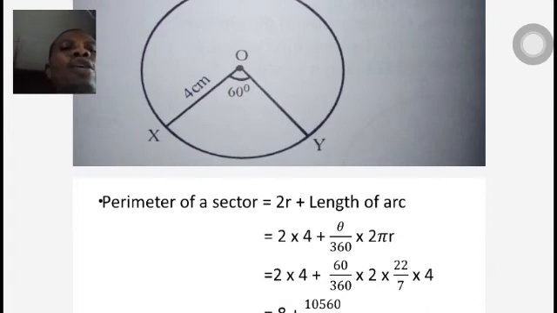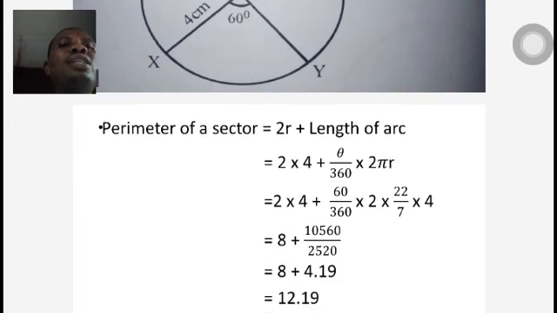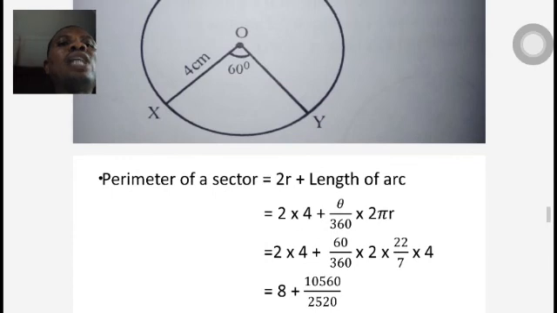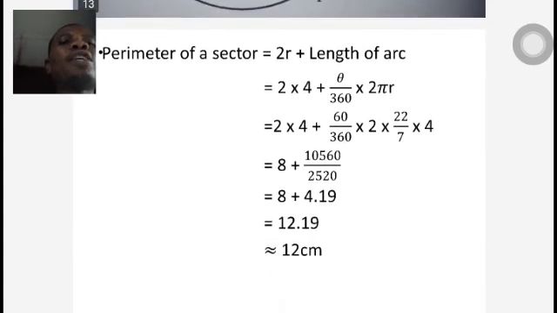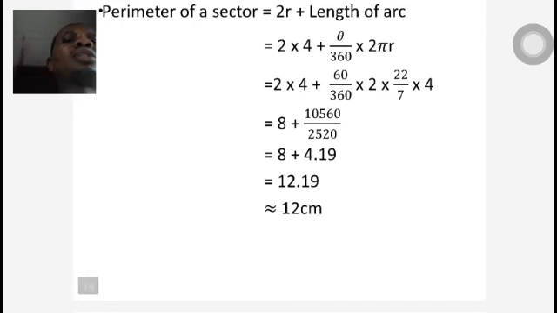So 2 times 4 times the angle subtended at the center of the circle, which is 60. So 60 over 360 times 2 times 22/7 times 4. So 2 times 4 gives us 8, plus 60 times 2 times 22 times 4 gives us 10560 over 360 times 7, which gives us 2520. So now I have 8 plus,